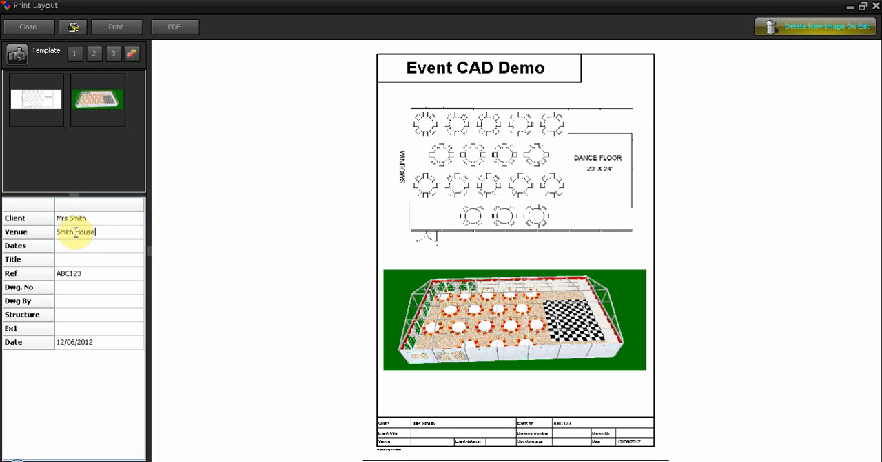You can also add in anything else that you want into the template. Just type into the boxes and then when you click onto the drawing, you'll see that that information is updated. The date's gone a bit large, so what we'll do is we'll make that numeric format, and that should then fit